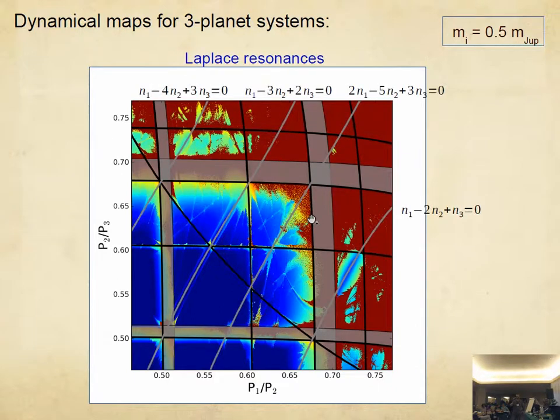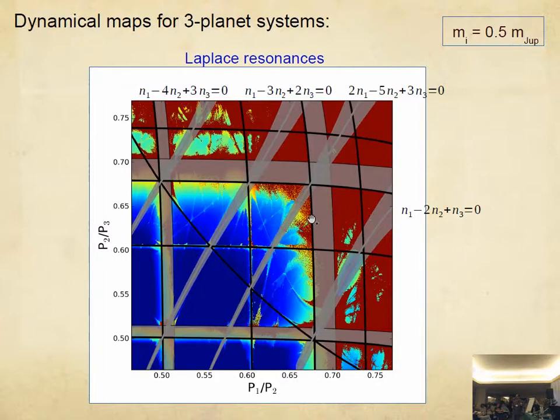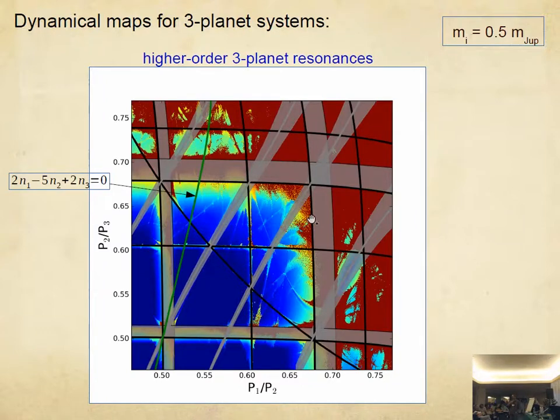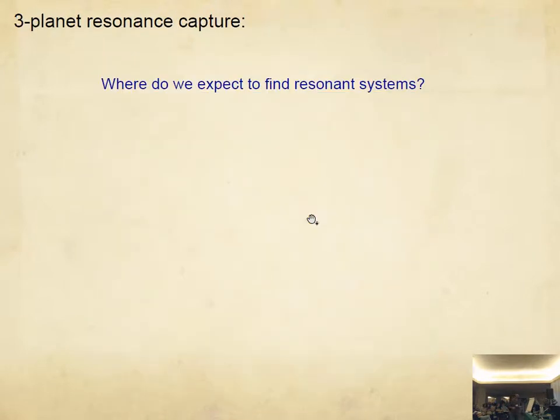Okay, you can see also the true Laplace resonances, and you can see the separatrix as slightly lighter colors of blue, and you can model that with Nesvorný's 2011 model for pure three-body resonances, and it seems to fit very well. And finally, you also see some additional lines, and these correspond to first-order three-body resonances. They're much weaker, but they also appear in these plots. So, why is it not a straight line? Because the dynamical map is in a representative plane of oscillating elements. The resonances are in mean elements, so we have to transform them to oscillating elements to make a better fit.